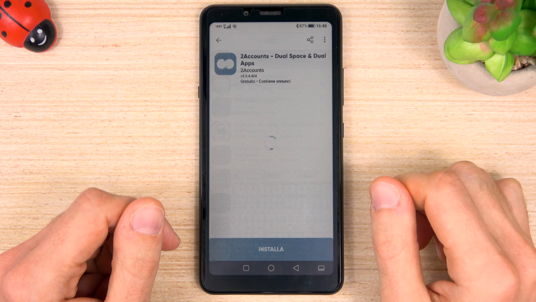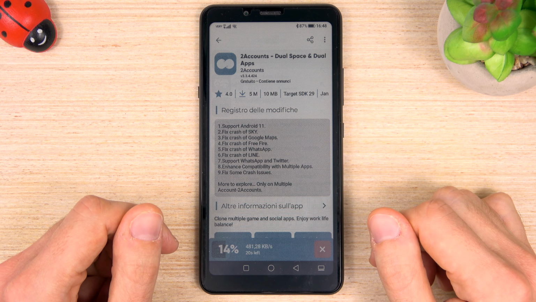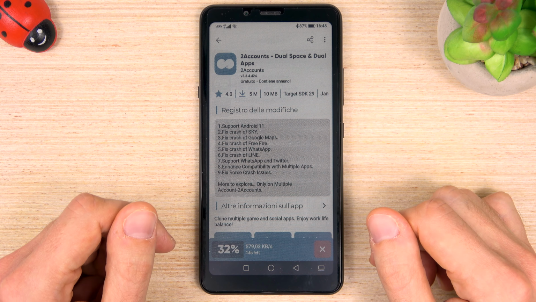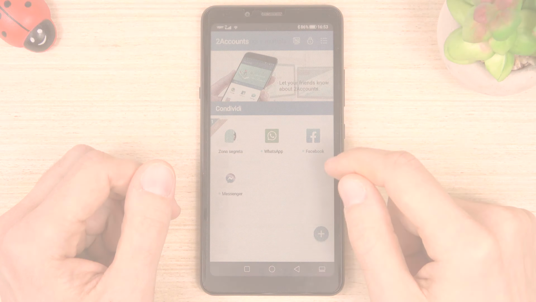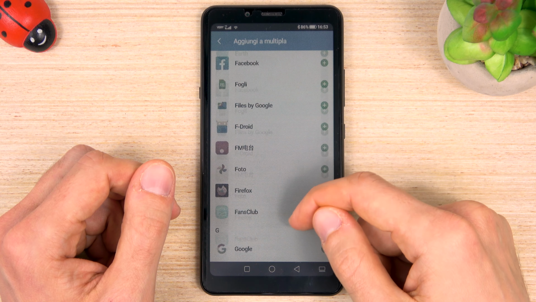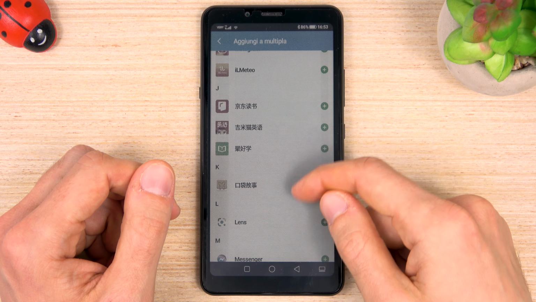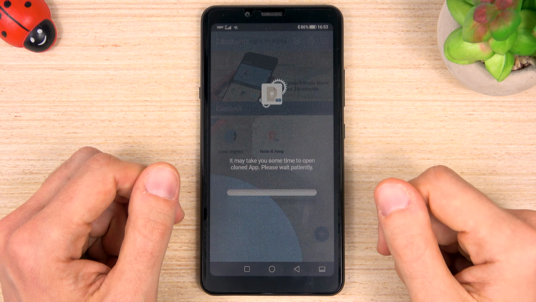Lastly, we need to install the app 2 accounts from Aurora Store or APK Pure. This is a very important app that will let you use most of the Google apps. So once we open 2 accounts, we have to add the Google apps in it. And it's going to create a virtual copy.